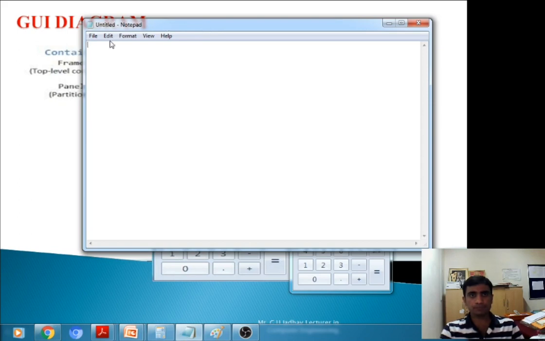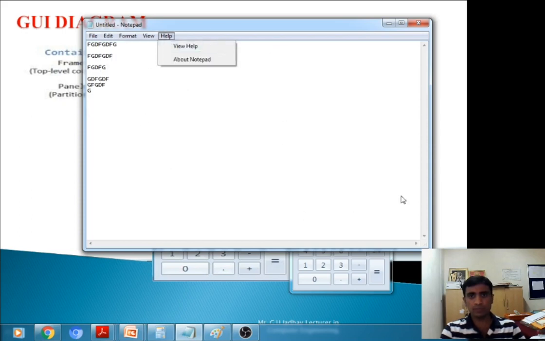When you save this file with some name and extension, that will be shown on the title bar. Then File is a menu, Edit menu, Format menu, View menu, Help menu, and this total place is what? A text area. You can type here, right? And you can see here again a scroll bar. This is a vertical scroll bar and here is a horizontal scroll bar. So these are the components. Horizontal scroll bar is a component, vertical scroll bar is a component. This area is a text area, again it is a component. Menu, again it is a component.